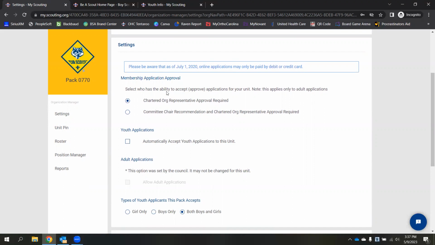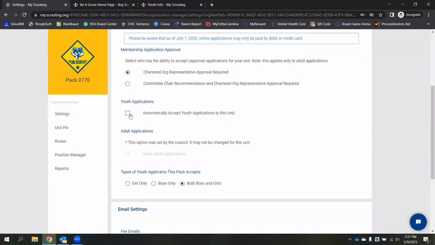So here is one that allows you to select who approves applications for your unit. This could be your chartered org, or you could allow your committee chair recommendation and the chartered org to do it for adult applications. For youth applications, by default, it will automatically send you an email when somebody applies that you have to go on and accept. If you're willing to take everybody, you can check this little box to automatically accept youth applications